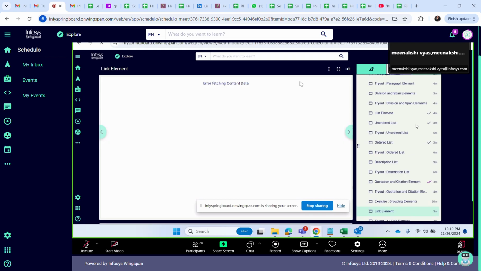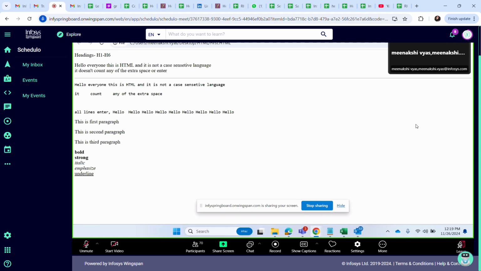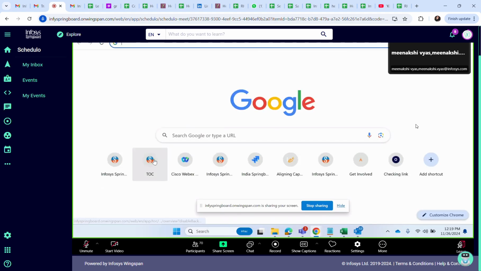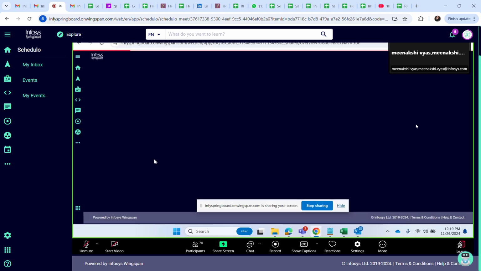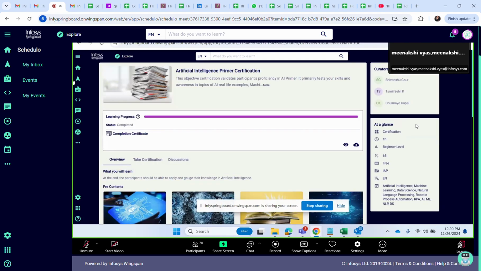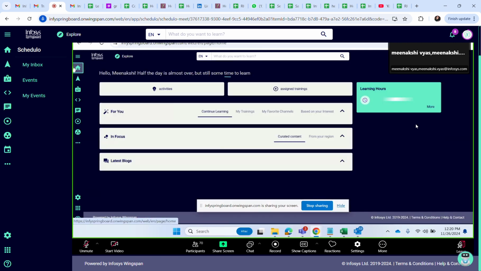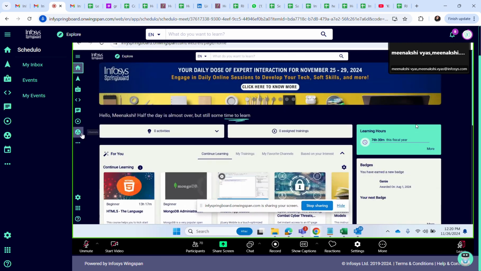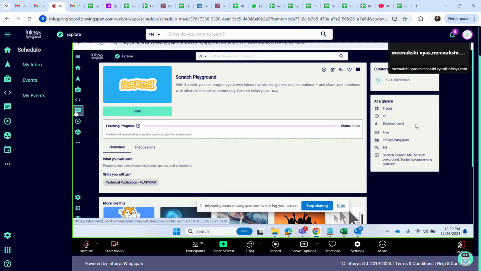The next topic is linking the element. If you open any website, you can see there are multiple pages, multiple things, multiple images: the image is there, the text is there, the section is there. When I click here, I go to another page. When I click here, I open another page.